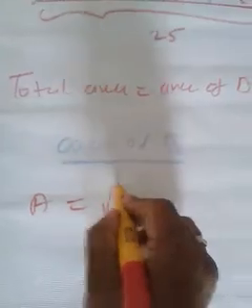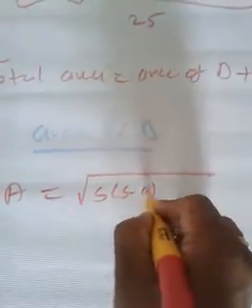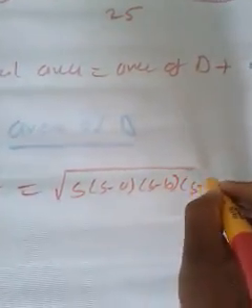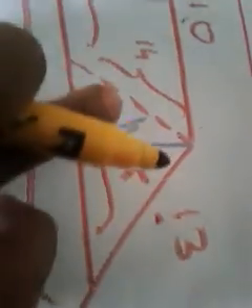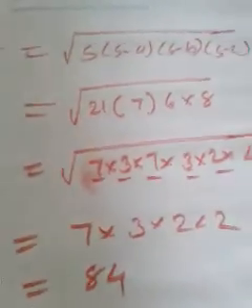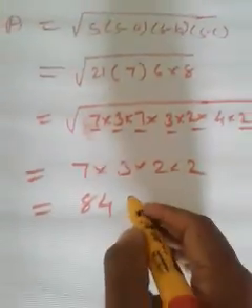I'm going to calculate the area of the triangle by using Heron's formula. Area will be the square root of s into s minus a into s minus b into s minus c. So in this way I can easily calculate the area of the triangle. See, three sides are given: 14, 15, 13 are the sides of the triangle. So let us use the formula and find out the area. See, we have reached the area of the triangle as 84 meters square.